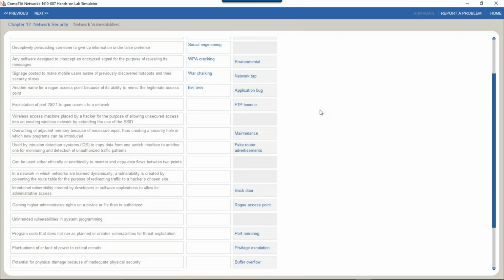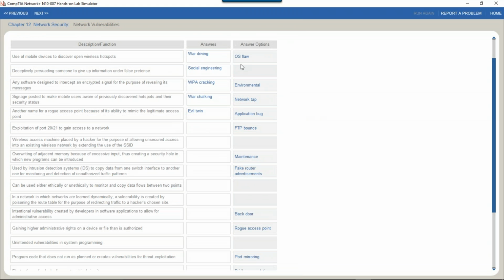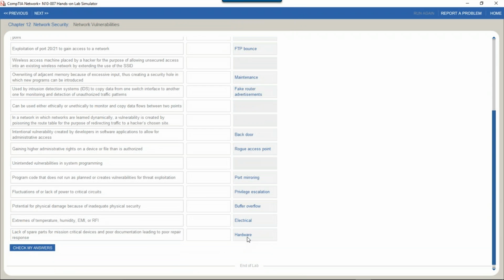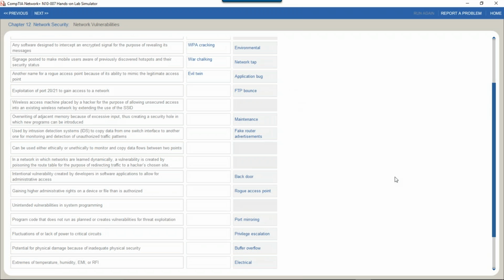And if you want to go with process of elimination, how many protocols are mentioned here? There's hardware, electrical, buffer overflow. None of these are protocols, right? Not a protocol, not a protocol. The only one is going to be